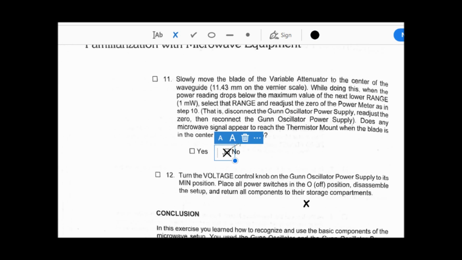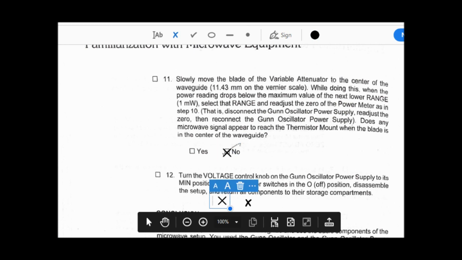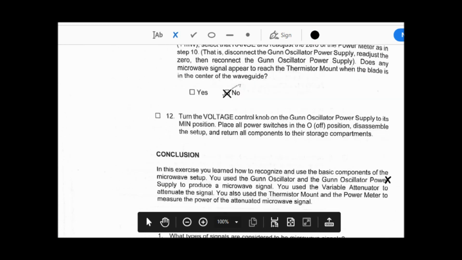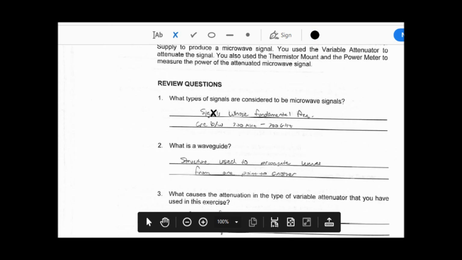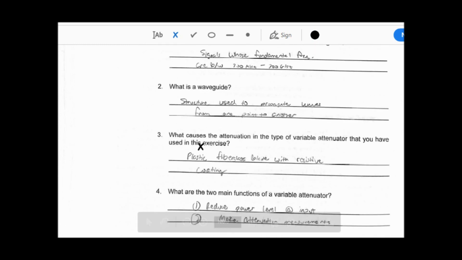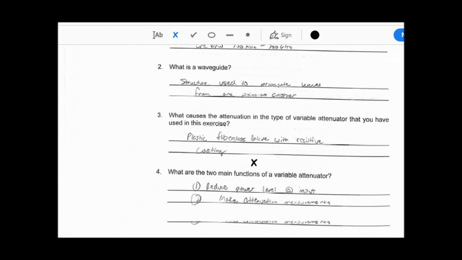Here you have some review questions. I'll ask you to write down these review questions. For this lab, you don't need to prepare any report, but you need to read the pre-lab and the procedure.